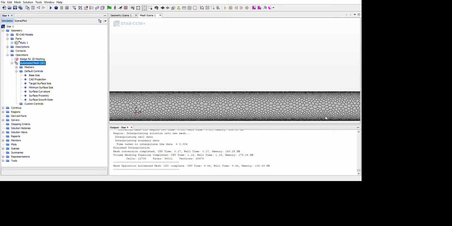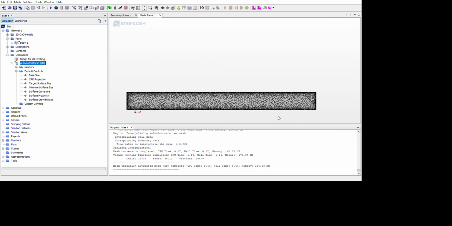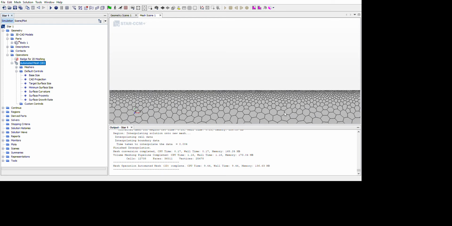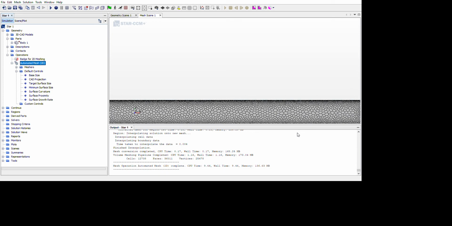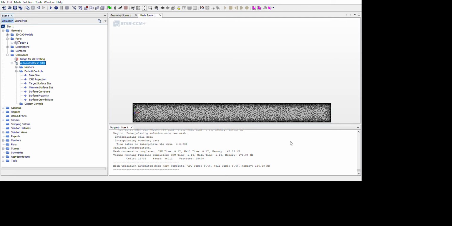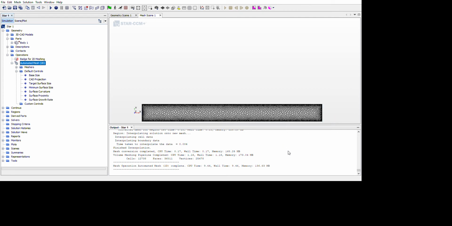Now I don't want this to happen because it is similar to the boundary layer effect, because it's capturing the solution properly at the surface, but it's not capturing the solution in the domain. What if I want my solution to be captured exactly from the top to the bottom? It doesn't happen because of this surface growth rate. So I'll edit this to 1.01 for the moment, and I just automate it again.